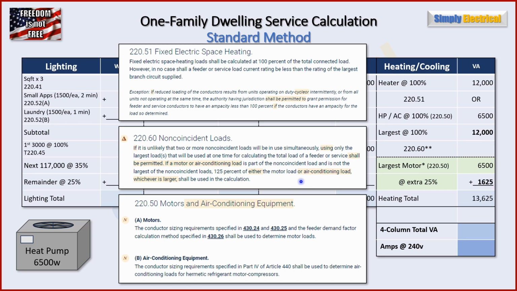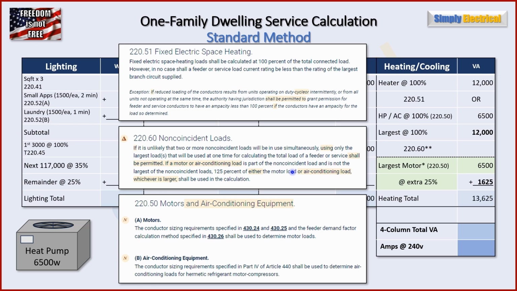So it doesn't make sense. But anyway, what they're saying is you take 125% of, in this case, the air conditioning load, because that's what we have, whichever is larger, which again doesn't make sense, that shall be used in the calculation. So they're telling us that if you have two non-coincident loads, the first part says you take the larger of the two, which would be the heater,